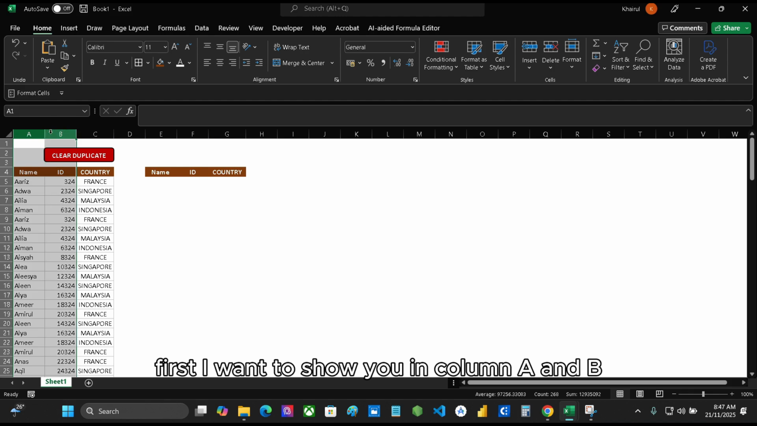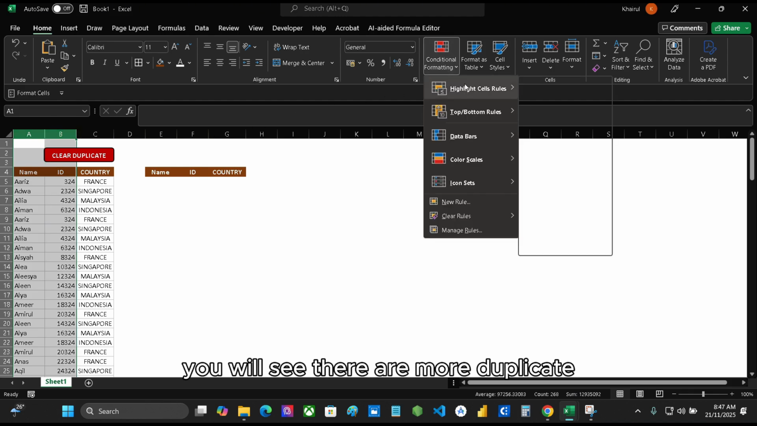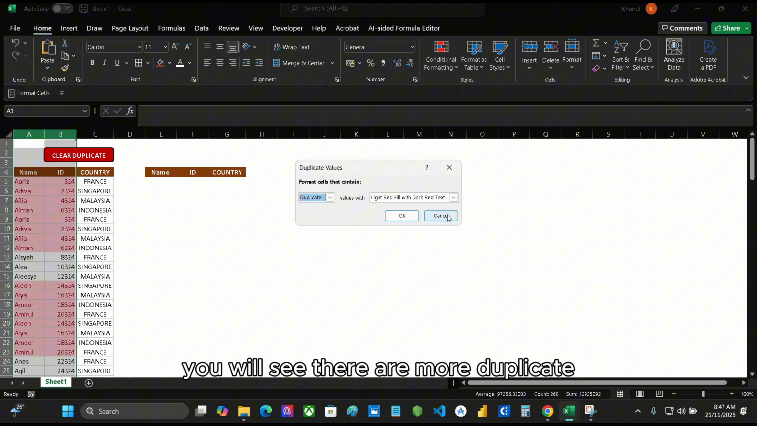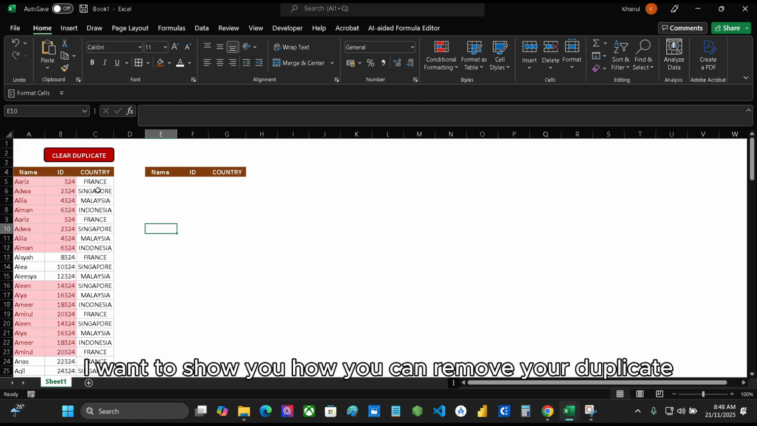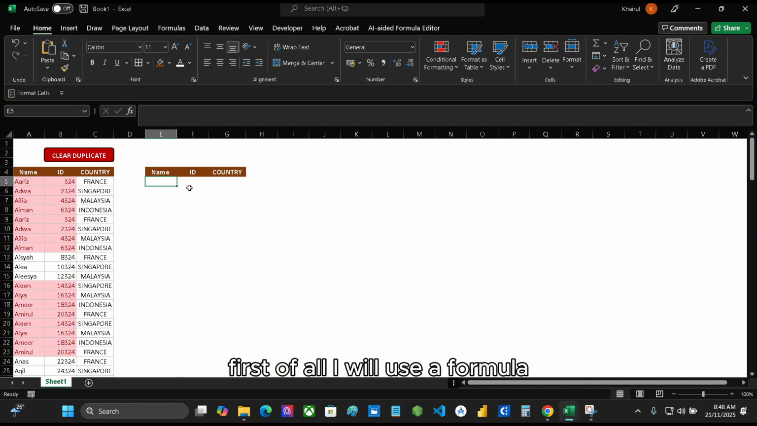First, I want to show you in column A and B, you will see there are more duplicates. All right, so I want to show you how you can remove your duplicates in a second. First of all, I will use a formula,